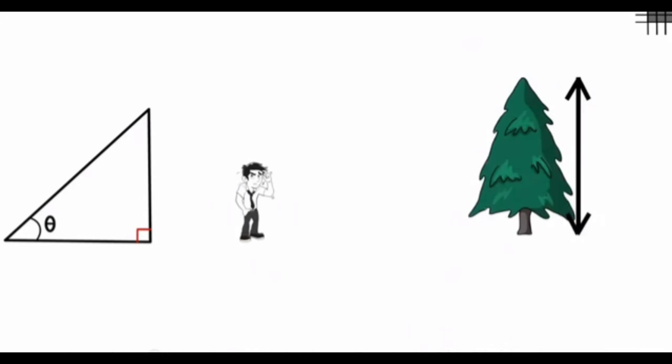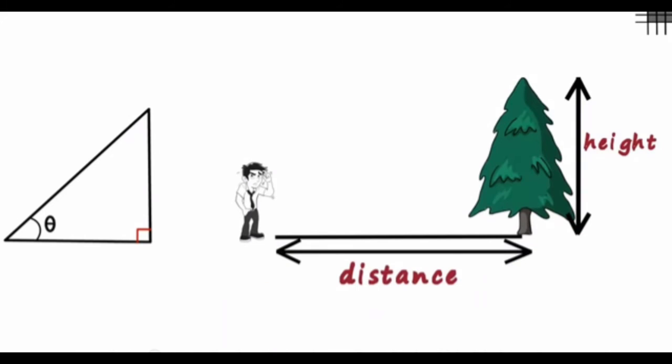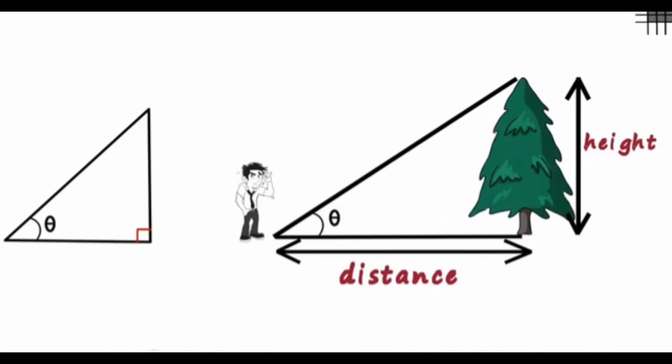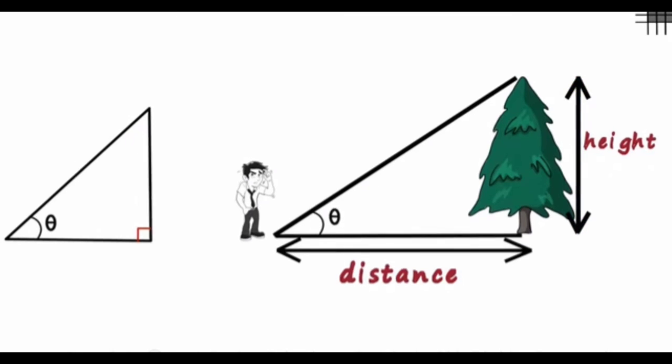In real life, if we want to find the height of this tree, we think about how to find it. If we know the distance between this, if we find the distance between this, we make it easy to find the height. And if we know this angle, theta, we can find the height very easily. It is a very clear example from real life.